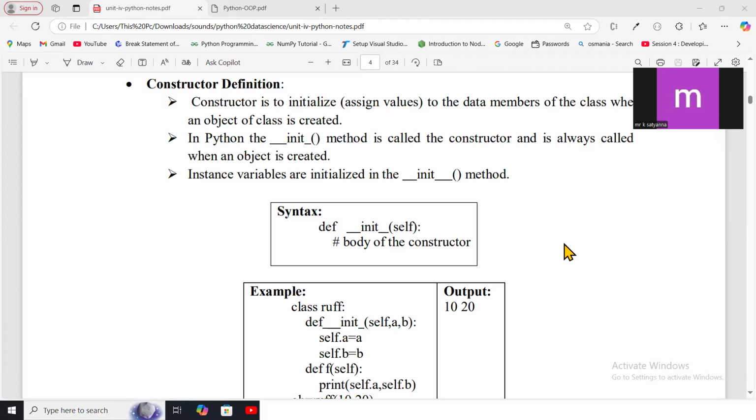Okay, so in this video, we'll see how a constructor will work. So what is a constructor and how will a constructor work? What is the use of constructors and what are the types of constructors in Python? See here, this constructor,